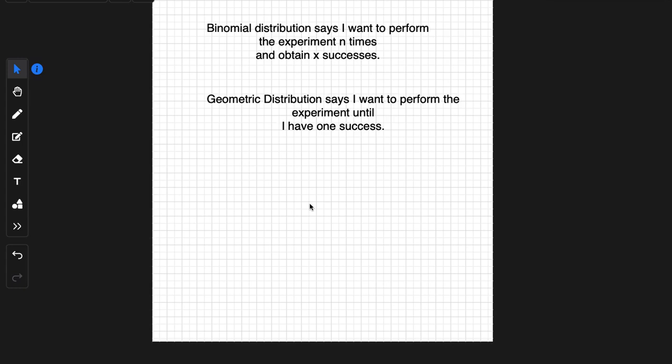So a young man wants to obtain admission into the university, and he keeps trying. Perhaps he may try 9 times. That means 9 years until he gets the admission, or he may be trying multiple sources. So in a year, he may have 3 attempts. He tries JAM, he tries JUPEB, he tries interim JAM, he tries perhaps any other way, remedial, and maybe he may have 4 attempts in a year. So if he gets the admission at any point, he stops. That's just what we are trying to say here.